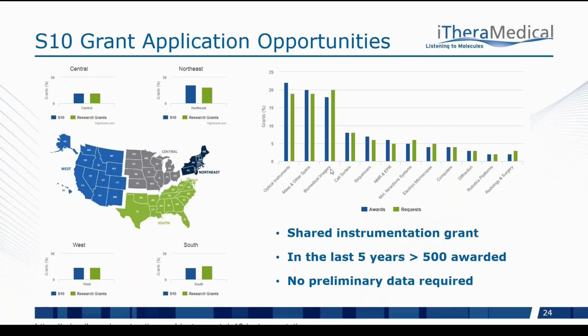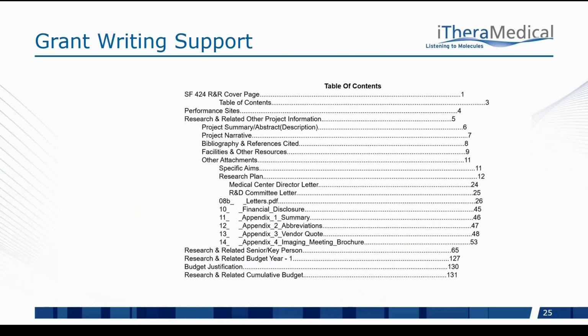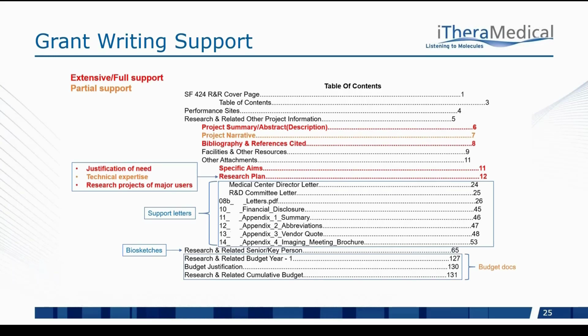The announcement came just some weeks ago, and actually the due date is June 1st, so that's coming up. But it's certainly a possibility. But the challenge still remains that if you're unfamiliar with photoacoustics, how would you go about writing the best grant application? This is where somebody, for example, in my role as an application specialist or as a team of application specialists at iThera, we offer some support for this process. We certainly can't help with all of it, but there's some parts of the grant where we can certainly